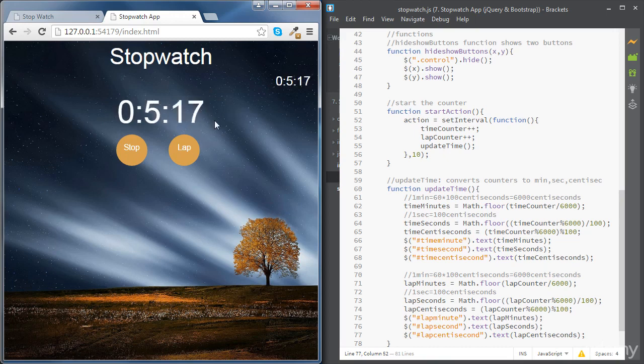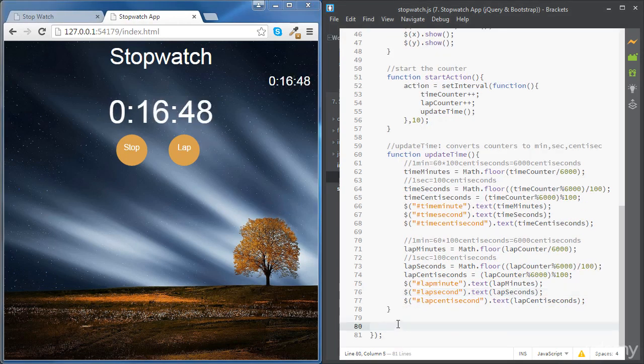Now we've got one issue. We don't like to see single numbers or single digits like this. Our final app shows that we've got all the time in 2 digits. So to do this, we are going to create a function to format our numbers. We're going to call it format, just like this. It's going to take one parameter, a number,